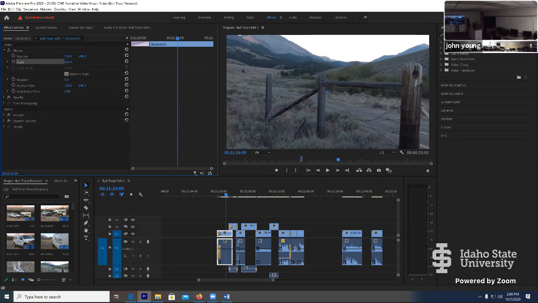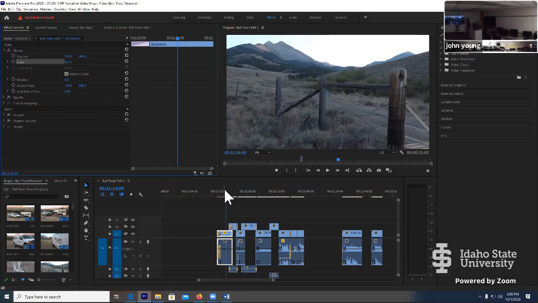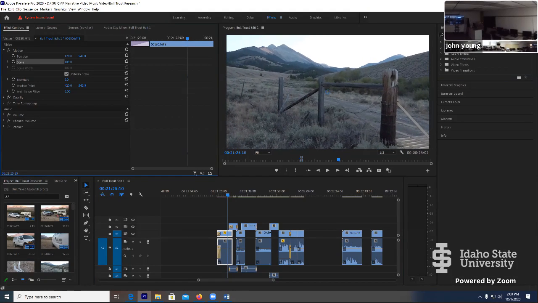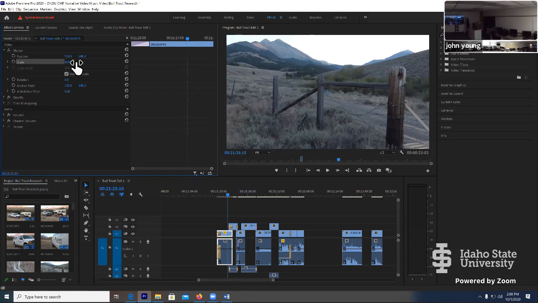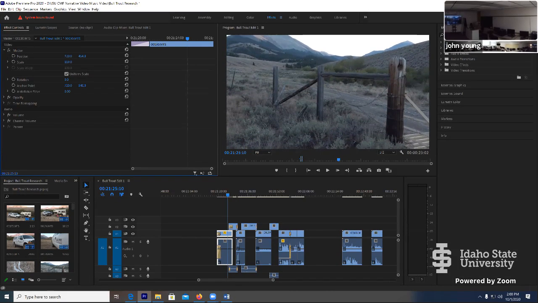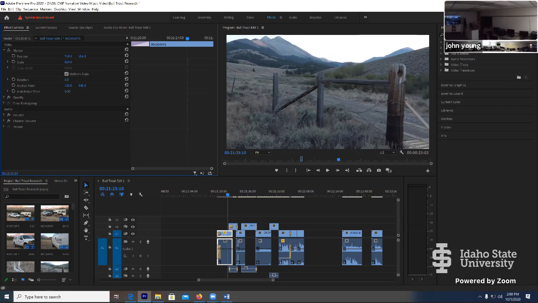Okay? And I'm going to scale up. And I want to look kind of toward my finish, the end point. I want to make that look good. So I can bring it up a little bit. I can take a little bit of headroom off that mountain by scaling up a little bit. And then if I decide I want it, now that I've got scale, I can also slide things up and down a little bit. If I wanted to crop the mountain and feature the fence,